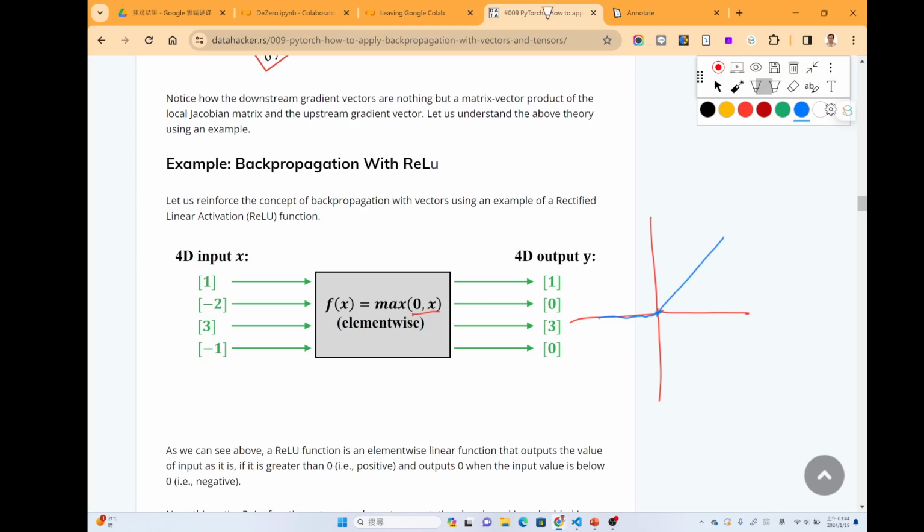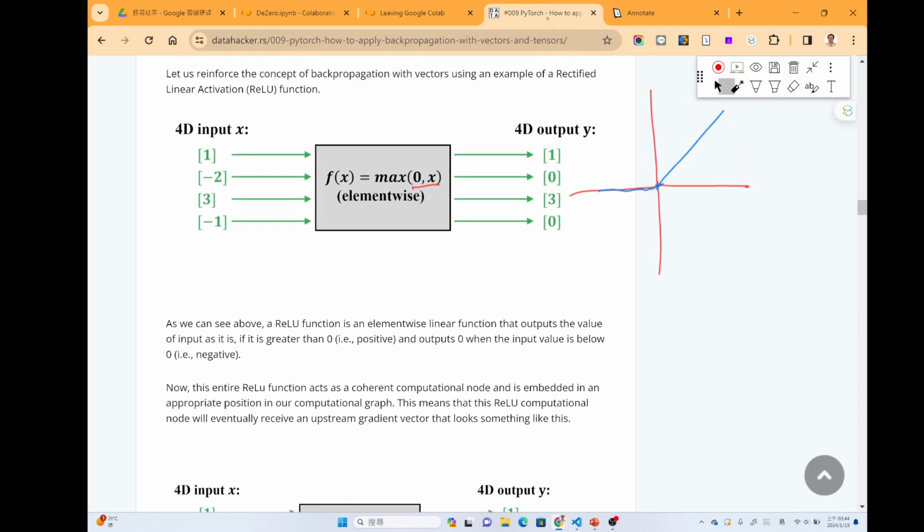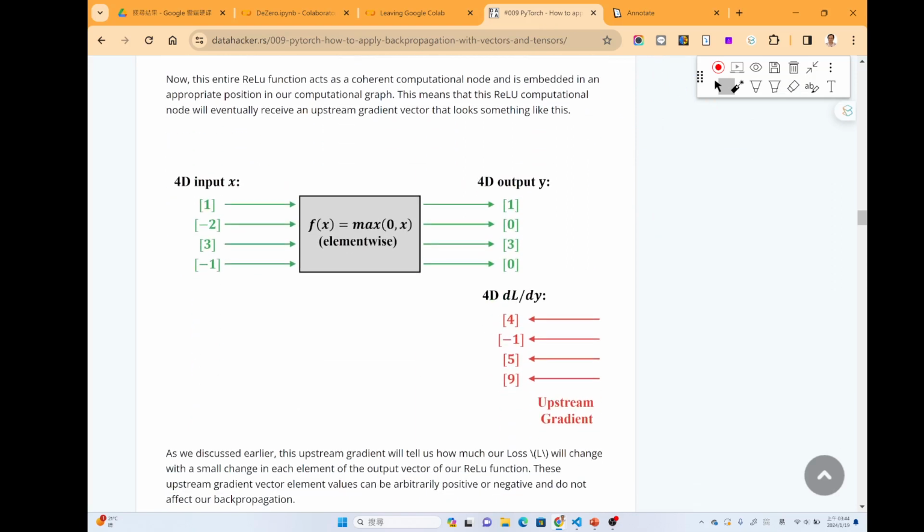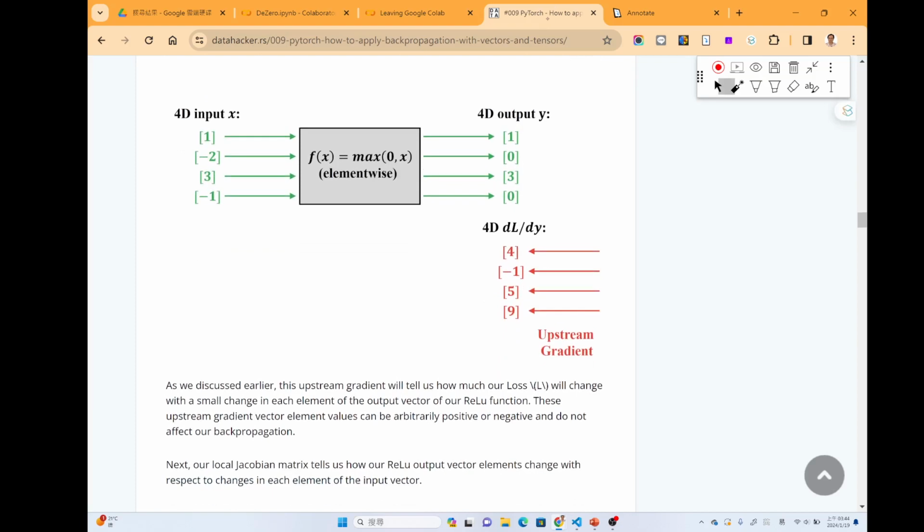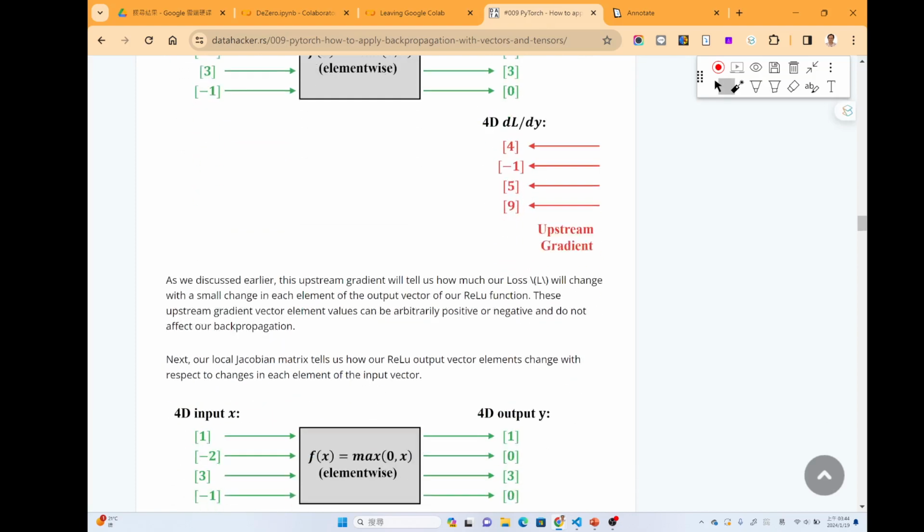So ReLU looks like this. For example, if the input is 1, minus 2, 3, minus 1, all the negatives become 0 and all the positive numbers stay the same. Suppose the gradient is 4, minus 1, 5, 9, and the input is 1, minus 2, 3, minus 1.